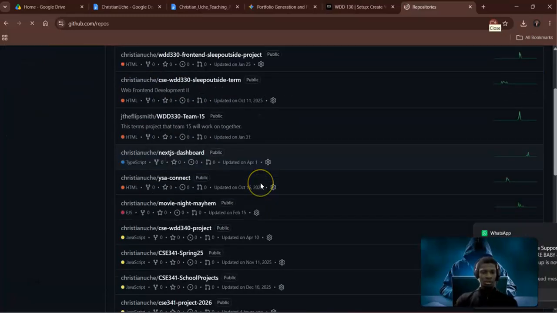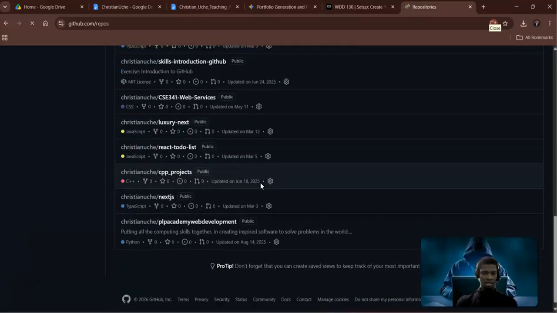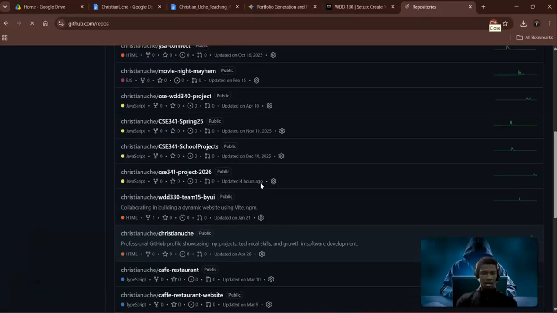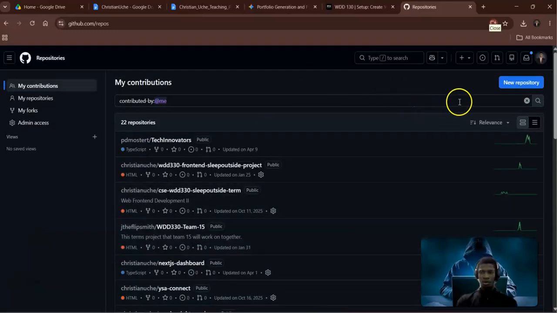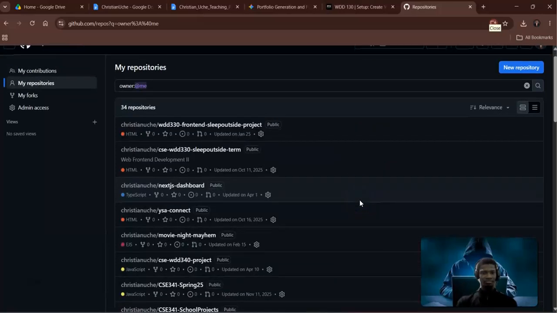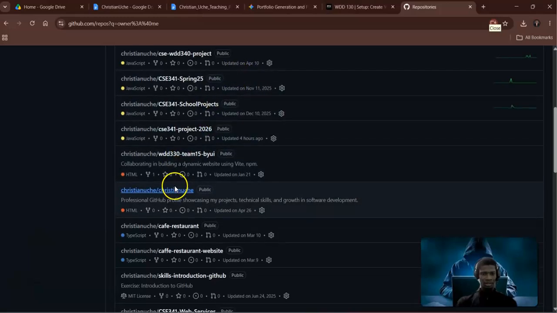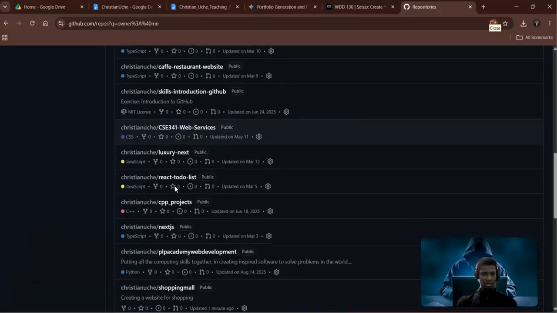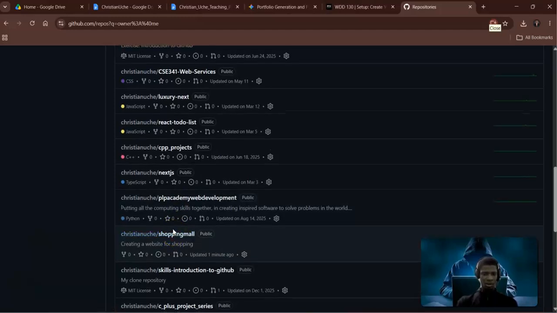So we have a new repository. It's called shopping. It should be on the C side, and we're going to look for it. I can't really find it, so I can just say my repositories so that you can look for it. Alright, so here's the repository, creating a website for shopping. We click on that, it's public,